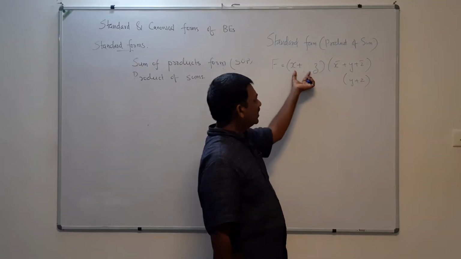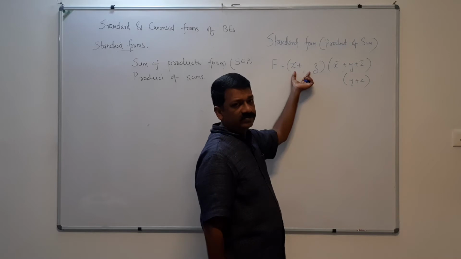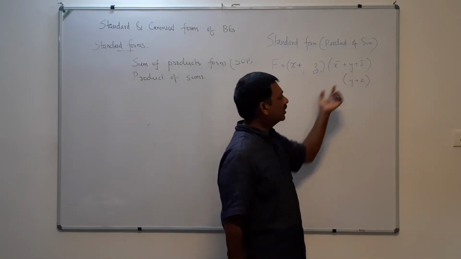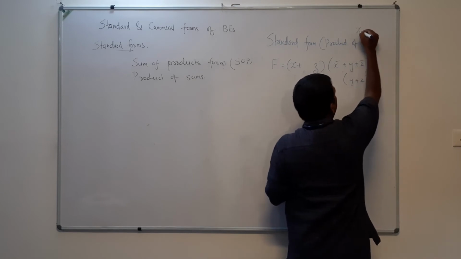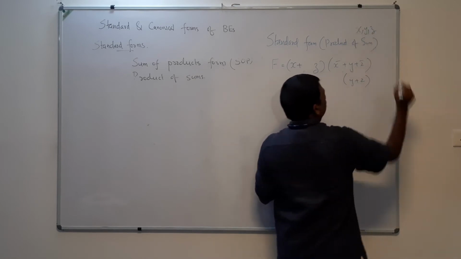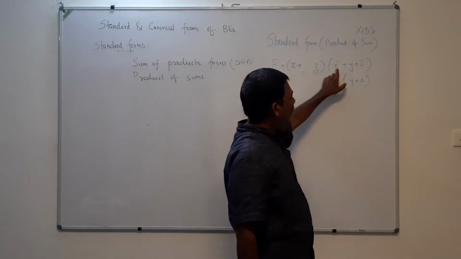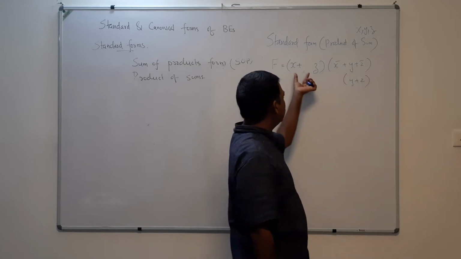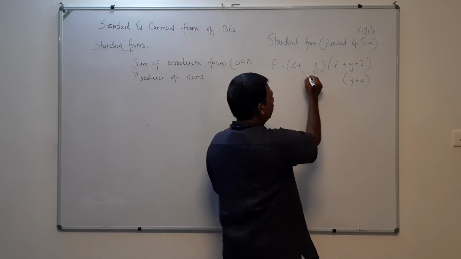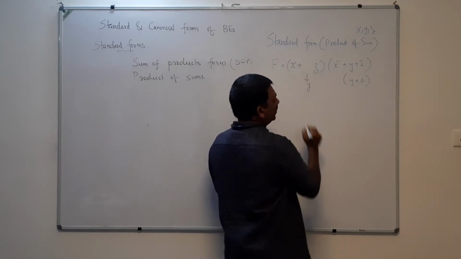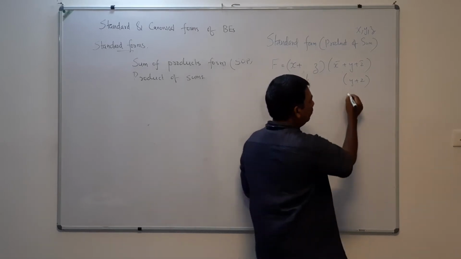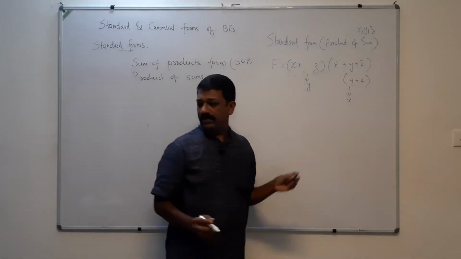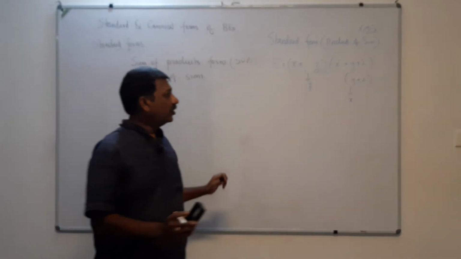Now this term is lacking the term y, and every term is there in the others. Here we have x, y and z. Now here you have x bar, y, z bar. That means all three terms are here. Here the term y is lacking, and here x is lacking. For that, what I'm going to do is,